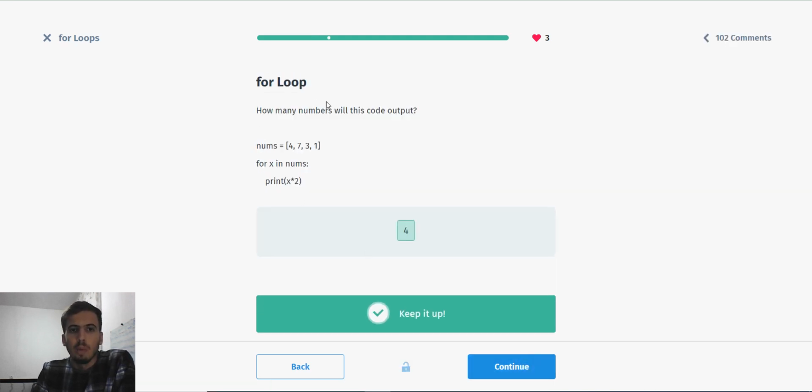Continue. How many numbers will this code output? This is a list and it has four items. We can check x in nums and print x multiplied by 2. So if we check this number in here, we check that maybe x will be here, and we say multiply by 2. Okay guys,